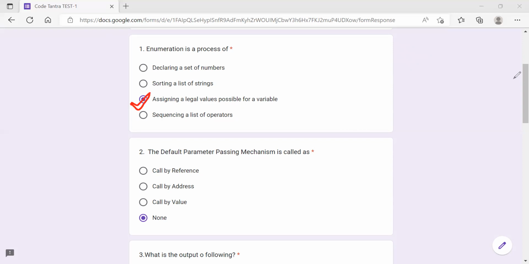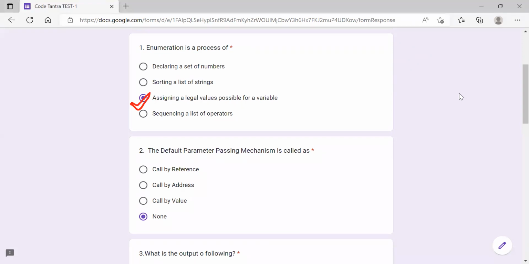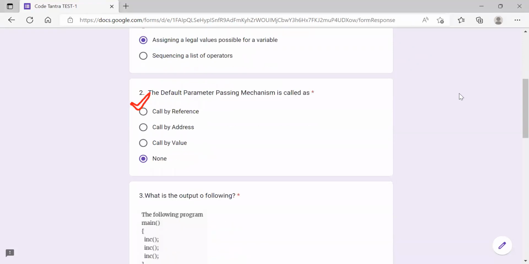Let me go to the second question. So what is the second question? What is the default parameter passing mechanism? So the default parameter mechanism is called as